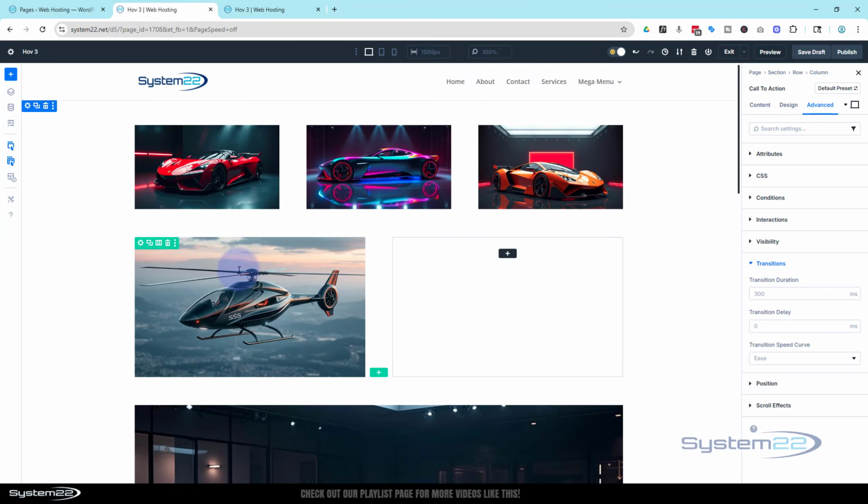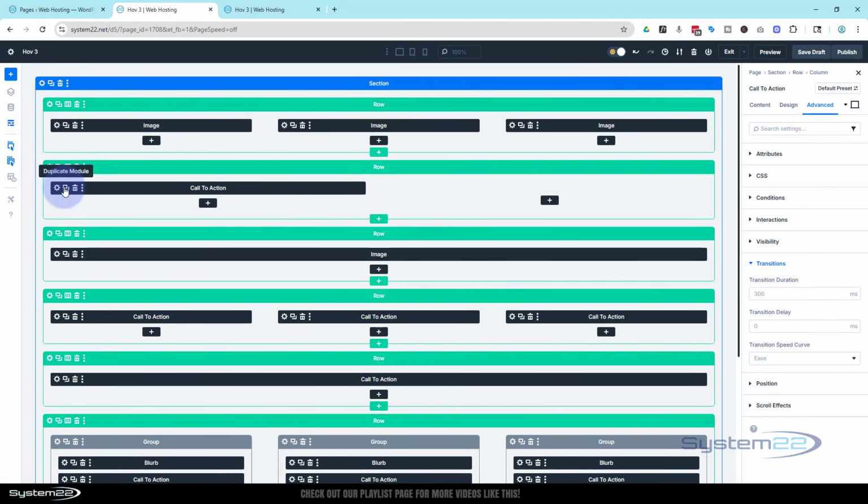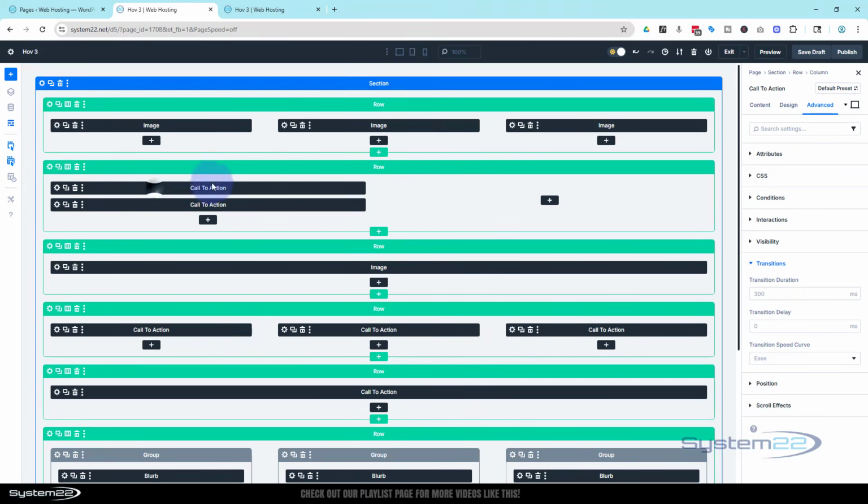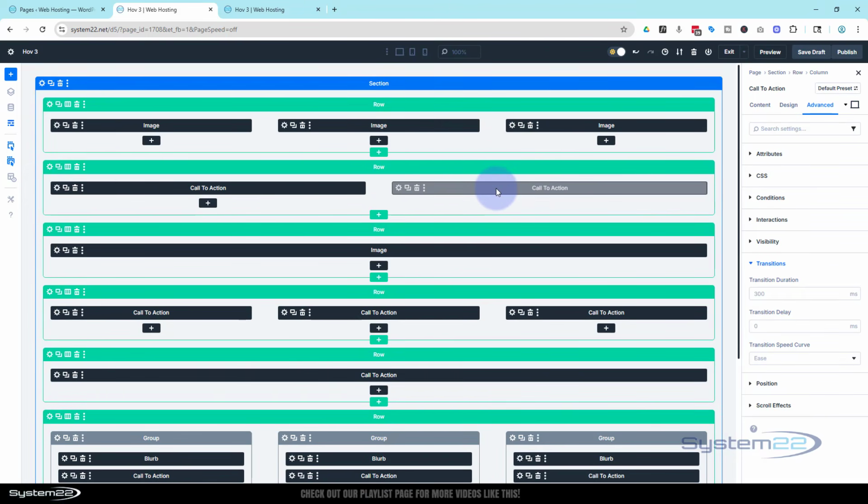I'm going to go back in there. I'm just going to clone our little call to action right here. Now, as it's hidden, I'm going to go to wireframe mode. There it is right there. Let's clone it with the two little squares or duplicate it. I'm going to drag one of them across here. So we've got the same thing